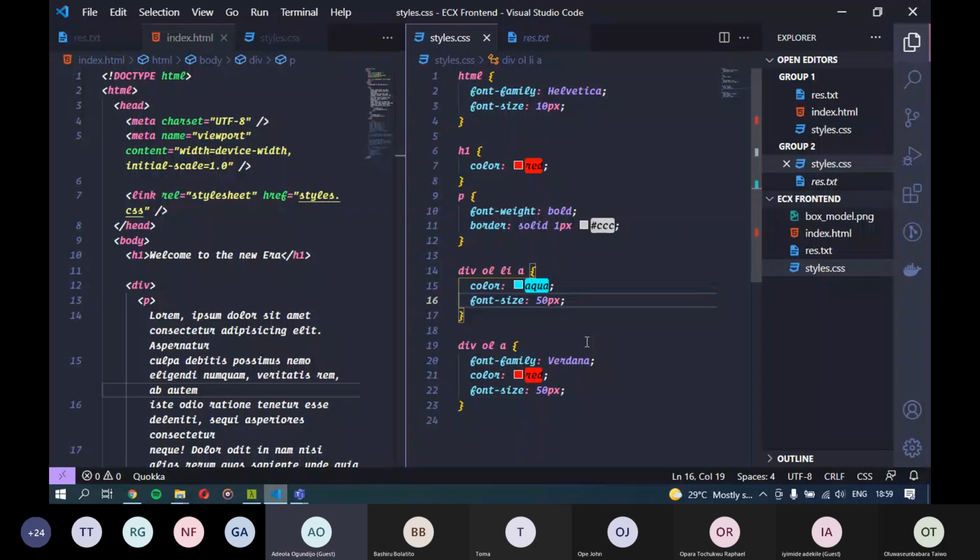I want to know if we are going to be touching CSS 3 at all, because basically we are still seeing CSS 2. CSS 3 came with the introduction of Flexbox and grids too. So that's what we're going to cover in the next class. So today was just to show you guys an intro into CSS and HTML and all that. So we'll cover that later. Don't bother. All right, thank you.